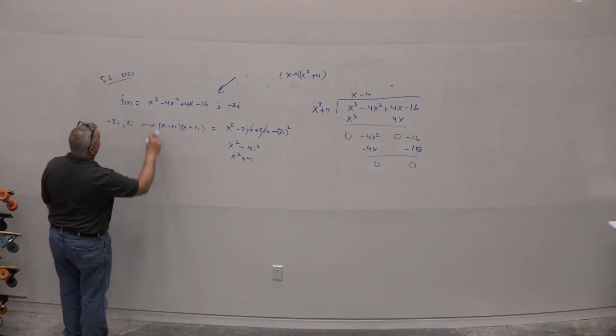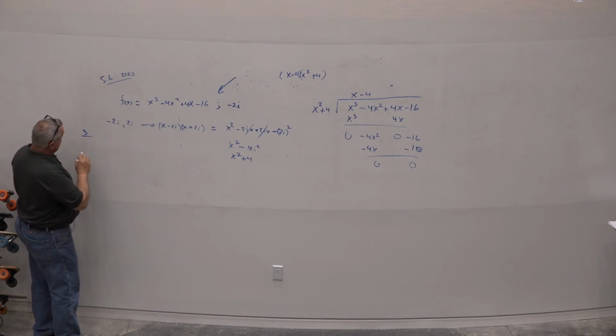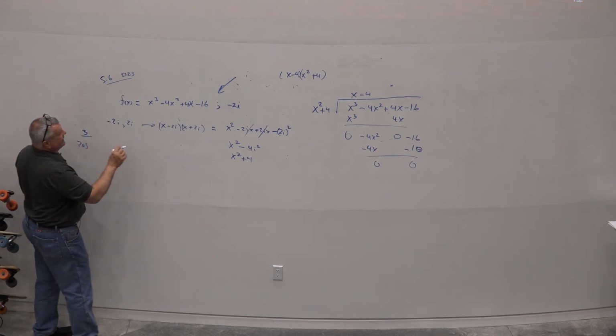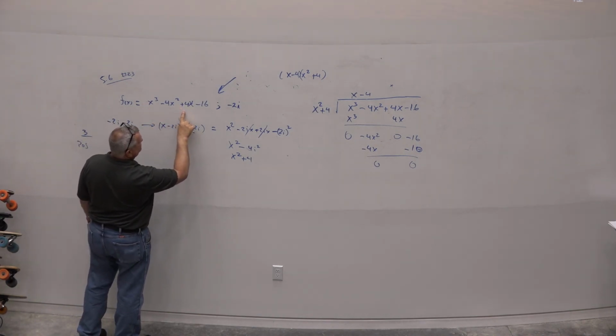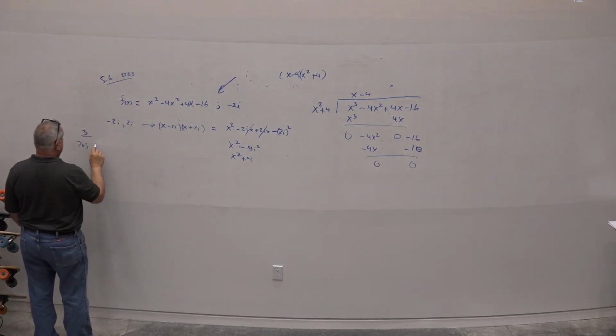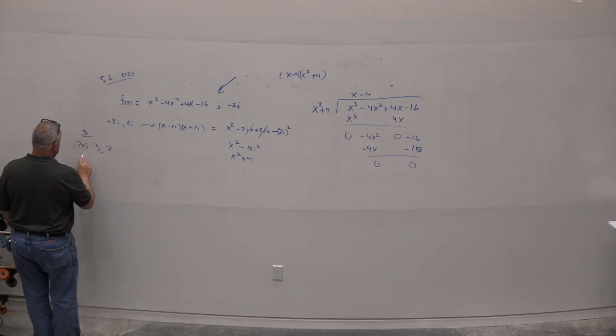Let's see, leading coefficient. I could have 3 real roots. How many positive roots could I have? Let's see, 1 sign change, 2 sign changes, 3 sign changes. I could have 3 or 2 positive roots. How many negative? You see